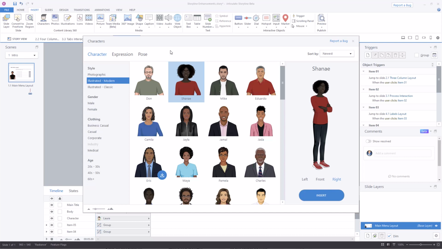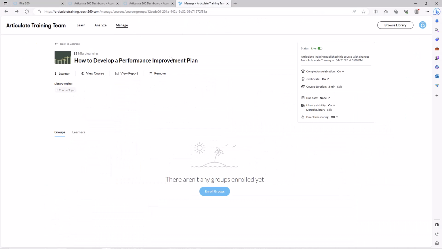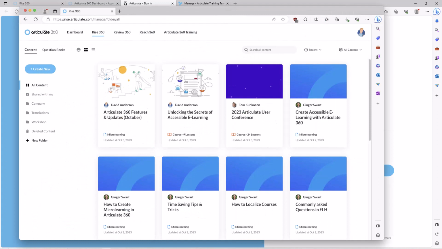Now let's also look at some of the new templates that are available in Rise, both content templates and real content. Come back in here and we will just jump into, I have so many browsers open. It logged me out because I've been going back and forth. So let me just pull open a browser from my Mac side. One moment. Okay, there we go.